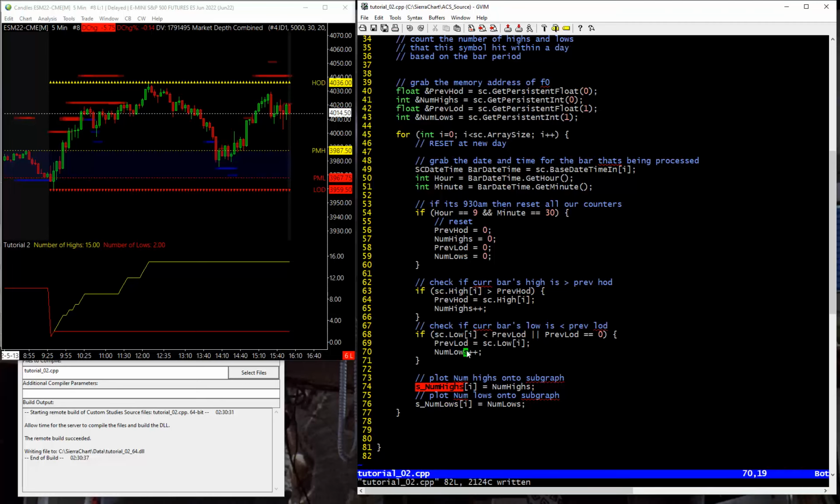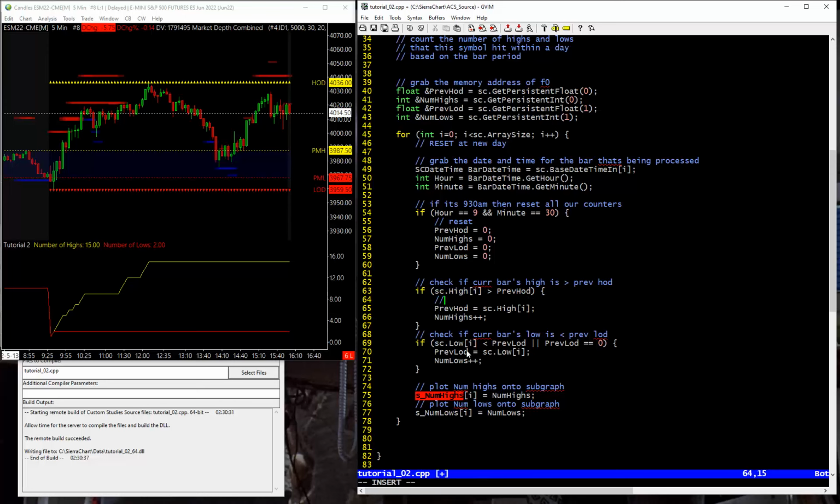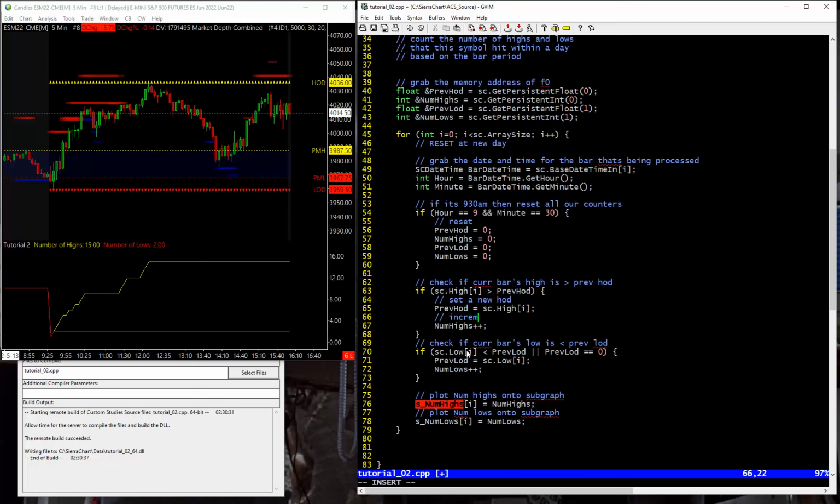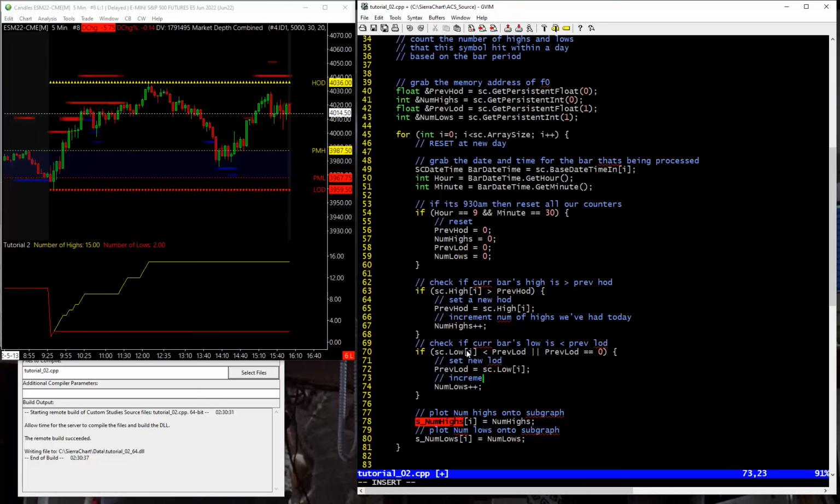And then we basically set a new high of the day, increment the number of highs we've had today, and this is the same thing for the low side. Set new low of the day and increment the number of lows of the day we've had today. And then it's plot these